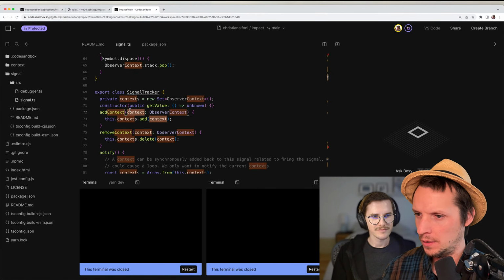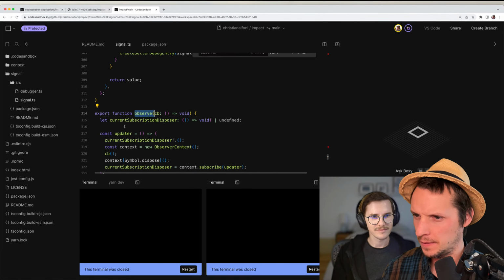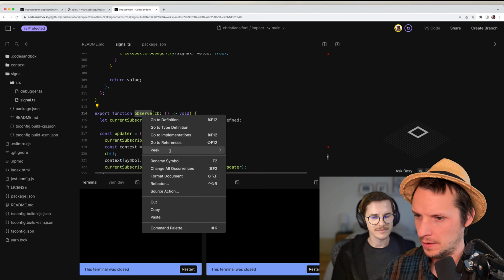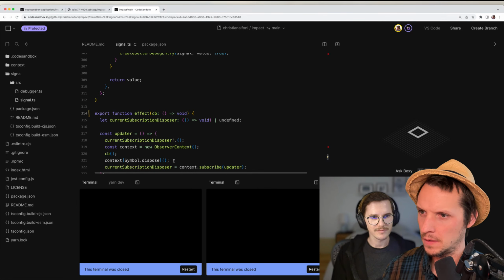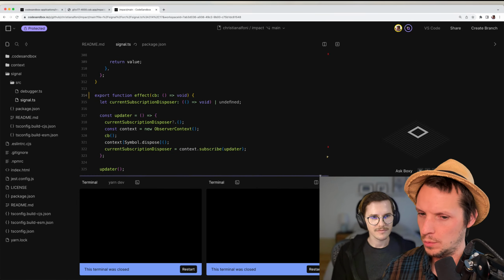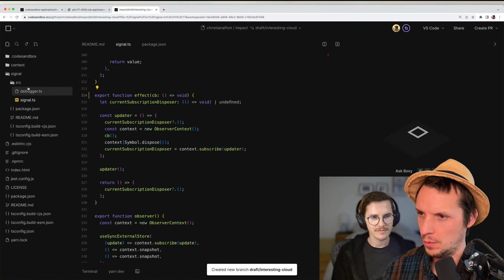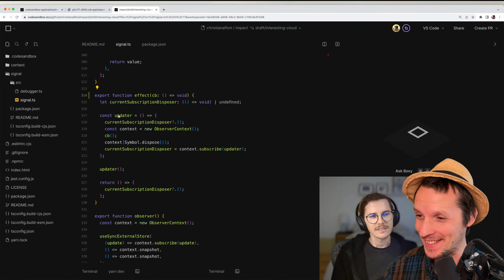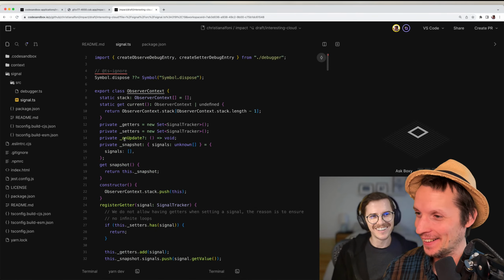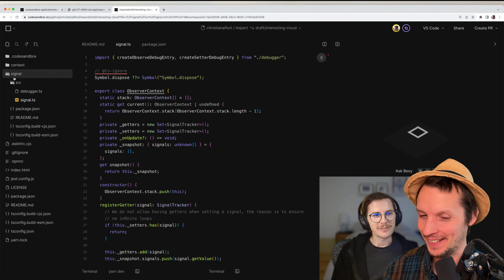What did we observe? Yeah, let's rename it to effect. Seamless branching, amazing. And I think effect makes it more intuitive to use.